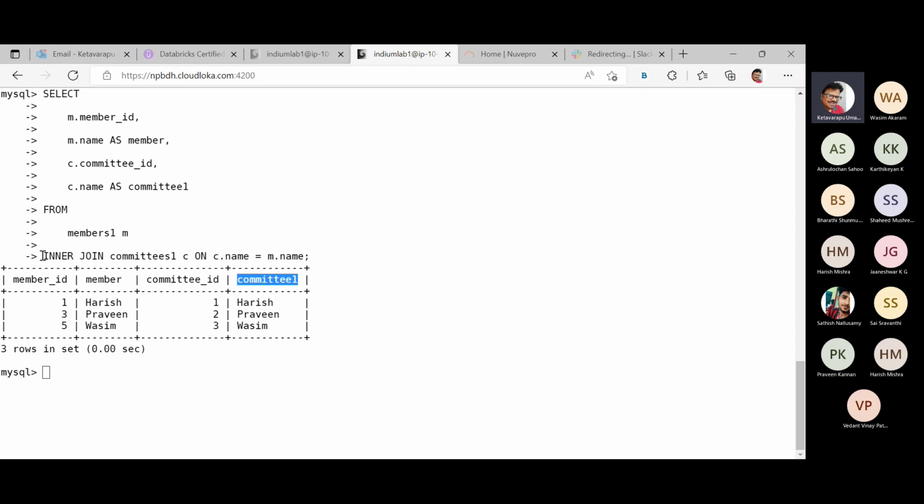Try to observe this particular thing, friends. Inner join. Okay, inner join. That means, by considering a common column. Actually, the common column here, if you observe, is the name column rather than the ID. We are focusing on the name column in this